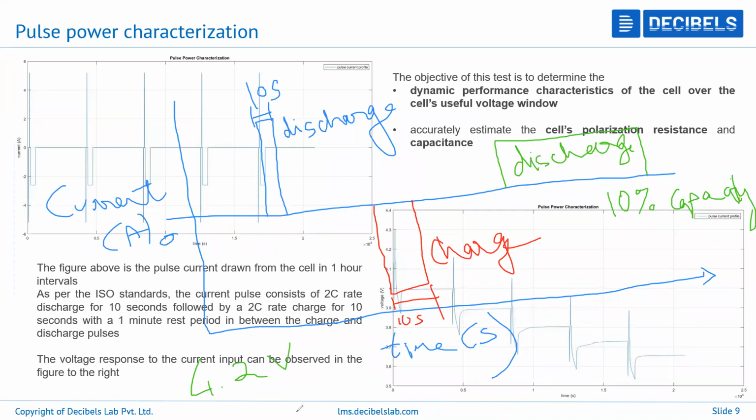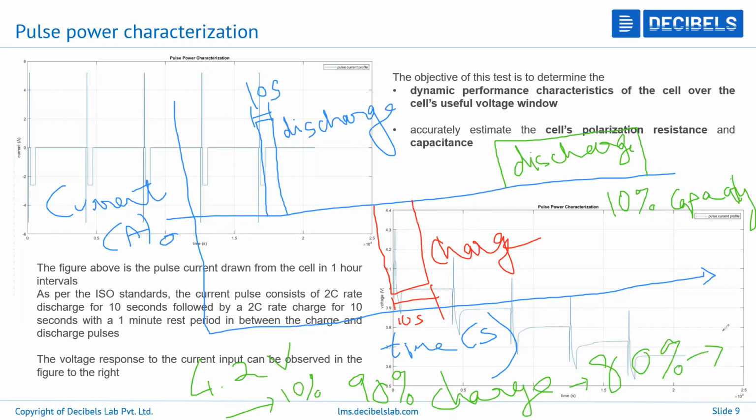So 4.2 volts is dropped by 10%. Starting at 100% charge, it will then be at 90% charge. Then again the same profile is repeated, and once again it is taken down to 80%. So it is moved from 90% charge to 80% charge, then to 70%, and so on and so forth till it reaches